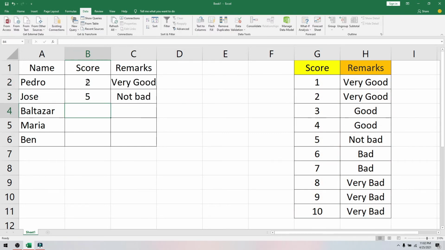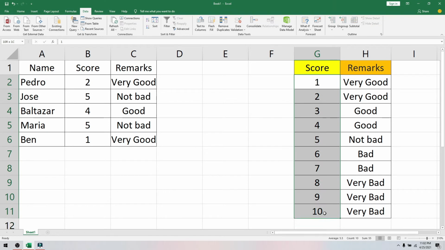Another thing is we'll put validation so the value on the score is only 1 to 10. If we input 11, there is no remark. If we input 0, there is no remark. If we input the letter A, there is a remark on that particular data. So we will